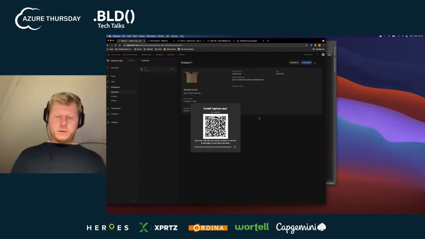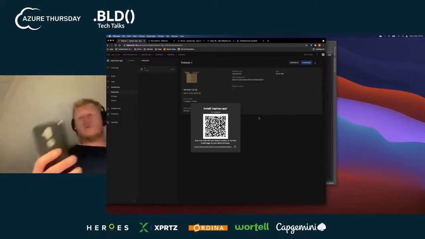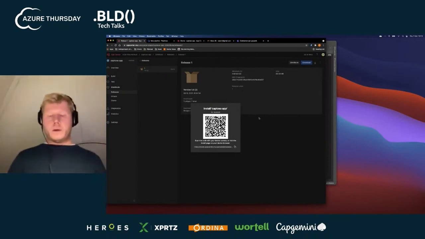And then just take, let's say, Google Lens for instance, if you have an Android phone, that is. If you have an iOS device, you could use the regular camera app, and it will recognize a link. And if you click that link, of course, you get some warnings, like, hey, it's not safe to sideload the app and all those kinds of things. And of course, you need to have a Microsoft account to be able to log into